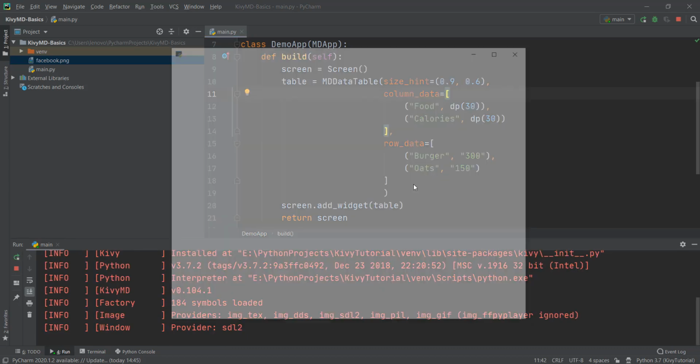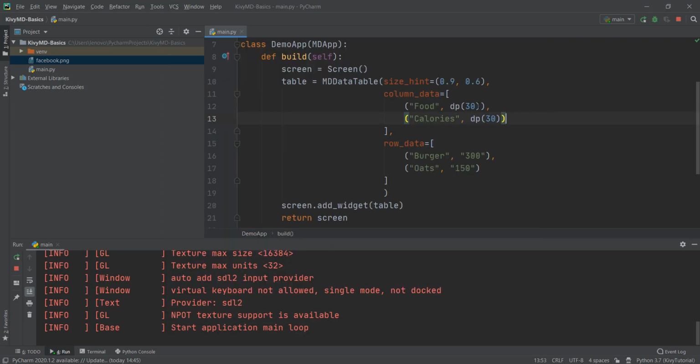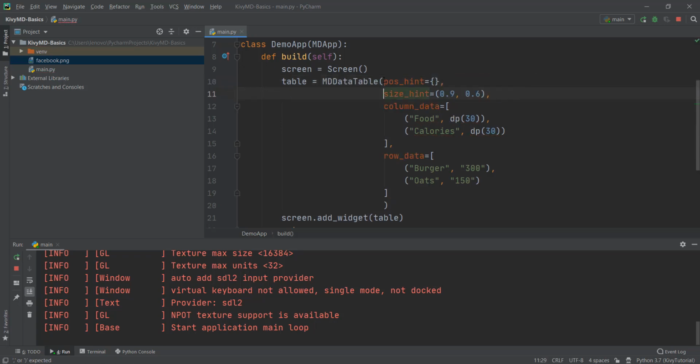Now let's reload it, and you'll be able to see that the size has changed and it has this beautiful shadow in the background, but this table is not in the center right now. So let's add a position_hint at the same time. So I'm just going to write position_hint, and by this time you obviously know how to do it, so feel free to do it yourself. But if you don't, you can just watch over here: center_x. We are going to make it in the center, so I'm just going to put center_x as 0.5, and we're going to do the same thing with center_y. So I'm just going to copy this and paste it over here, put the y value, format everything properly, and let's reload it.